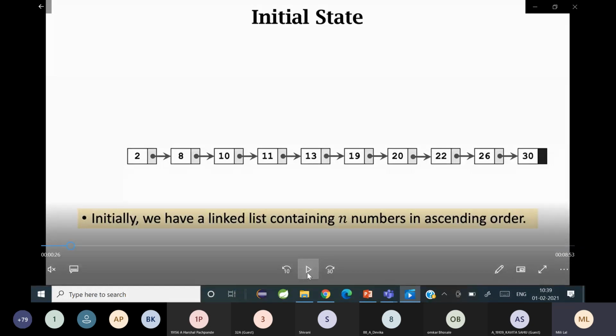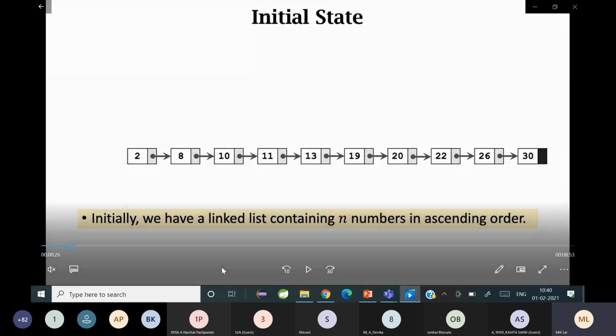So normally when you create a linked list, you don't make it in a sorted format. You insert it and you delete it as per the availability or how the nodes are being placed. But here in the case of skip list, the linked list should be formed in the form of an ordered list. Okay, have you understood that? Yes, ma'am. Okay, fine.